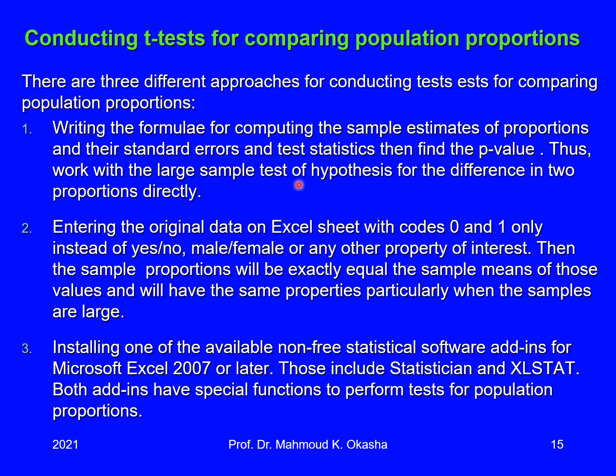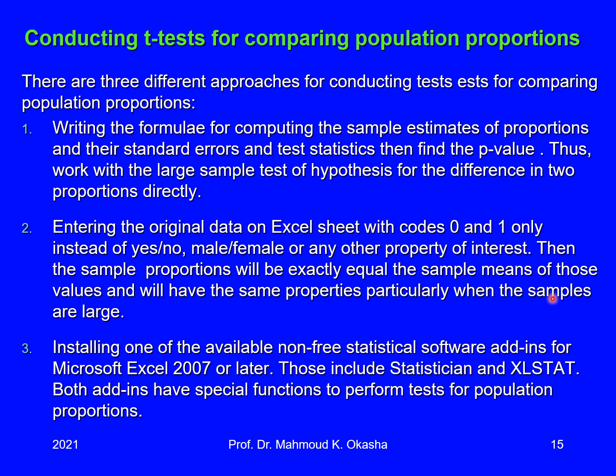The first approach is to write down the formulas and calculate everything as if we are doing it by hand, but with the help of Excel. Write the formula of the mean, variance, pooled variance, the test statistic itself, and then the p-value, step by step, everything in detail. That's the first approach. The second approach, which I suggest, is that if you entered your data in columns with all observations,